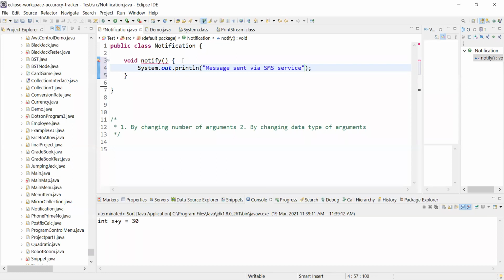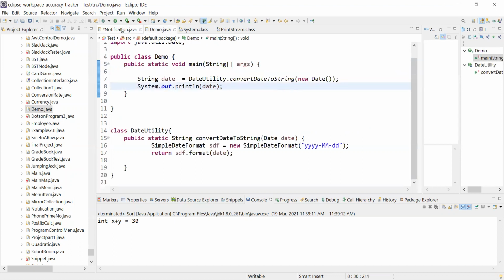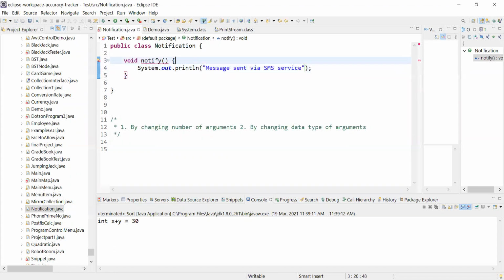Okay, and what is the issue with this? Void notify. You can see we cannot define this method, because it is already provided by the Java Object class. It thinks we are overriding the parent class method here, which is available in the Object class.